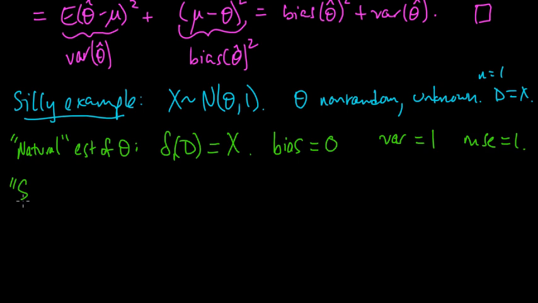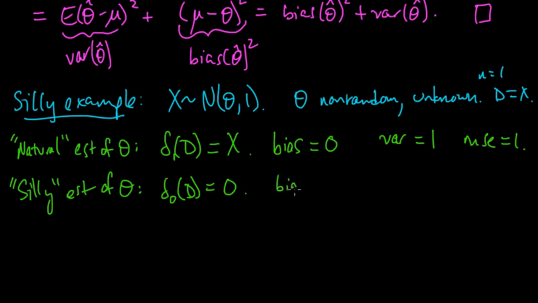Simple. And now we'll do the silly estimate of theta. And what is the silly estimate of theta? Let's always estimate theta to be 0. Kind of a silly thing to do, but let's see what happens here. This will be an interesting example to illustrate something in upcoming videos. The bias squared is going to be theta squared, because remember, the bias is the difference,